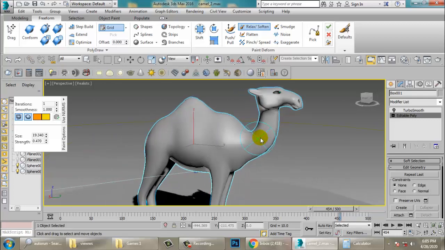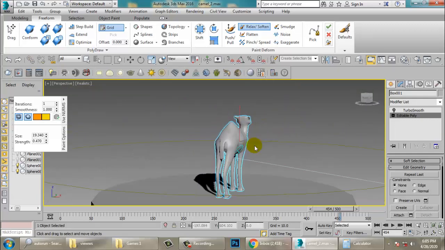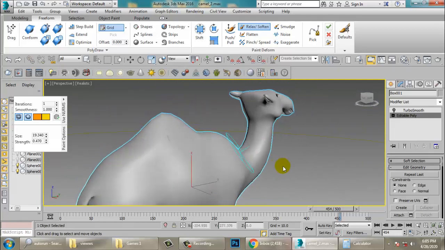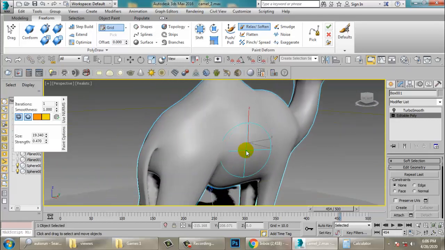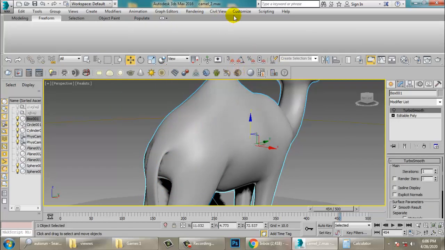So just adjust it. You can just select this and just adjust this stuff.